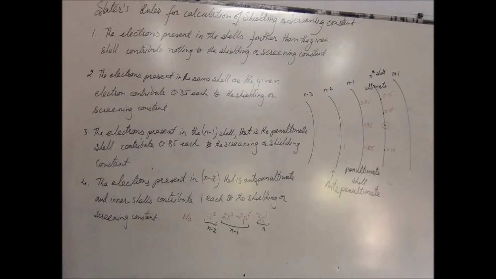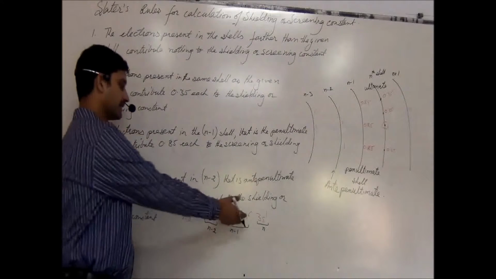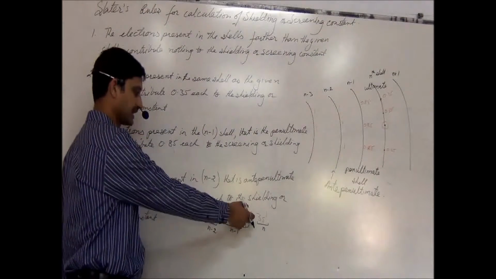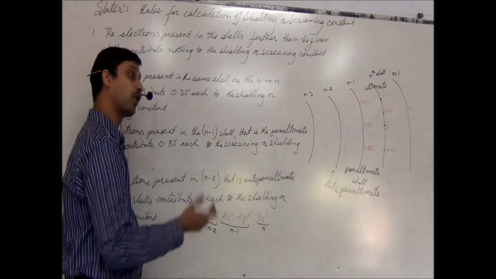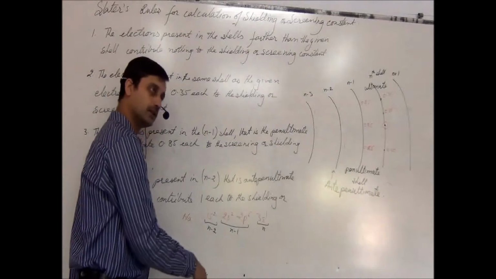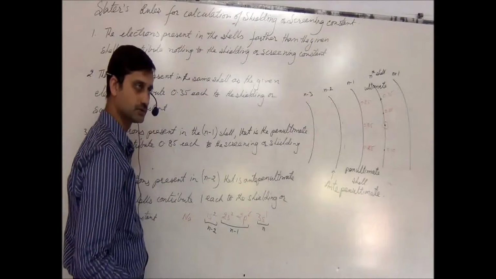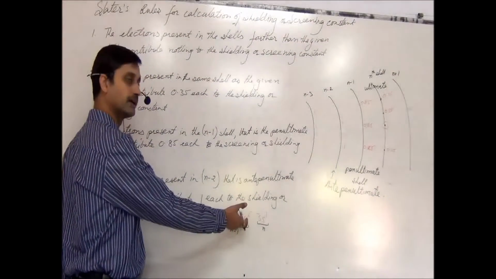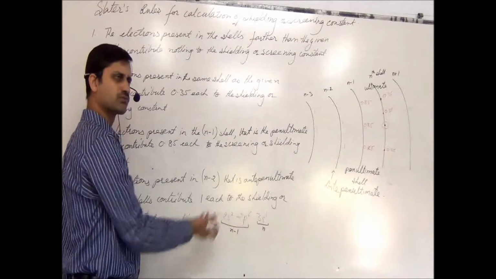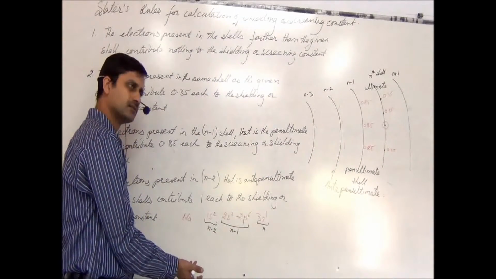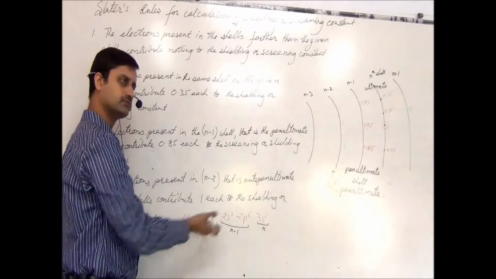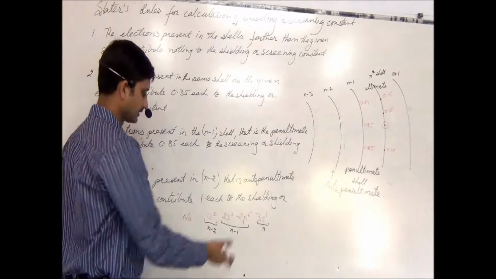Not necessarily. Whatever the question says, but in general, in the questions I have seen, they are talking about the last shell only. Be very clear, there is nothing wrong in asking about the n minus 1 shell. Let's say they ask, what is the shielding effect on the electron present in the p orbital? Then this would become the nth shell. But what's the problem with it? You know how to deal with it. Just put the values and get the answer. Now here,